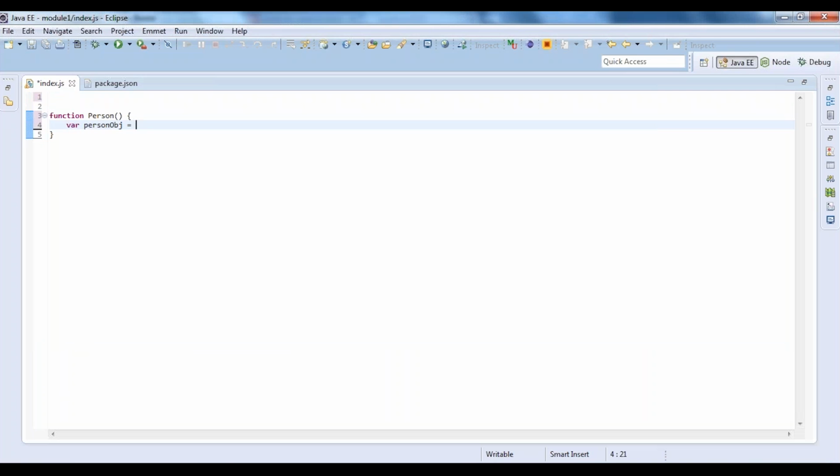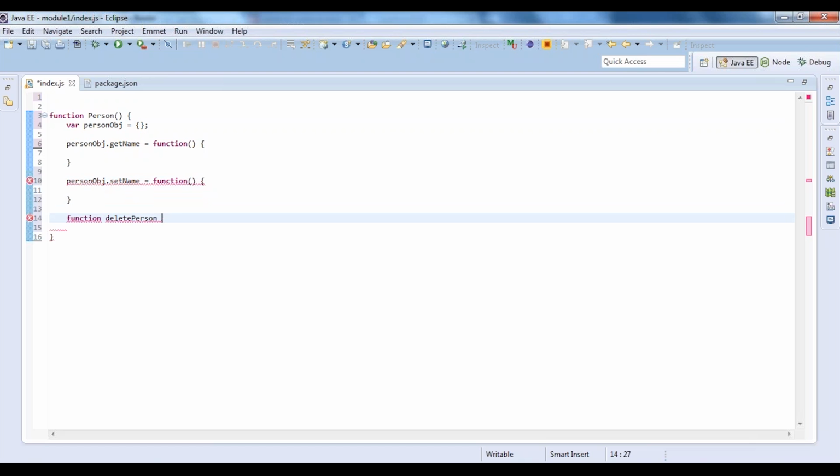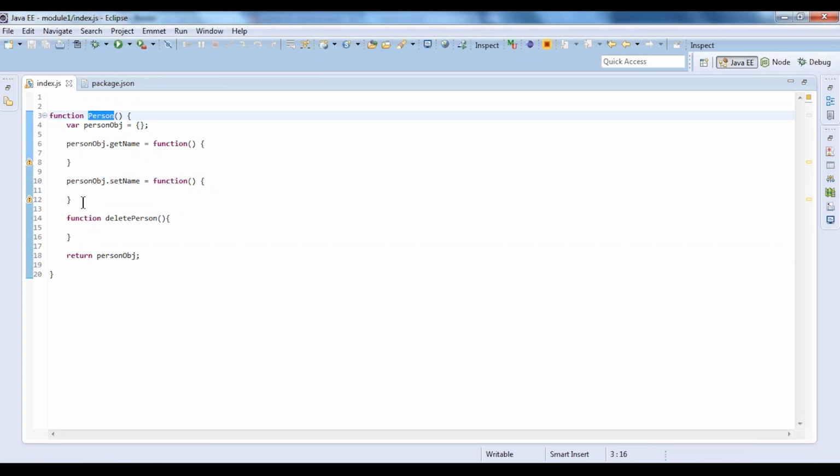Person object dot getName equal to function. Do something, whatever you want. Person object dot setName function, and you can have function delete person. At the end of the day, what are you going to return? The person object. Whoever creates an object for this person should be able to access personObj.getName and setName, but they cannot access delete person. This is a data hiding concept